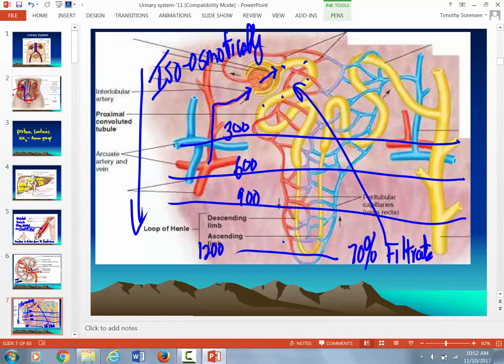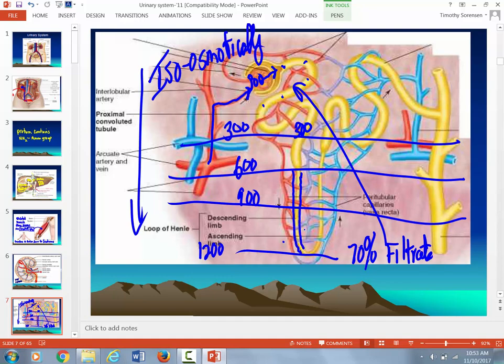That means that the blood coming into the glomerulus has an osmolarity of about 300. And at the end of the proximal convoluted tubules, stuff got reabsorbed, but water also got reabsorbed. So the osmolarity at the end of the proximal convoluted tubules is still 300. Are you following that? That's what it means, isoosmotically. Who's got that? Now, as you descend into the loop of Henle,